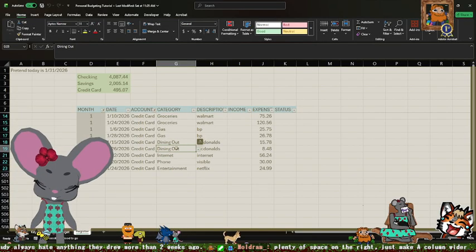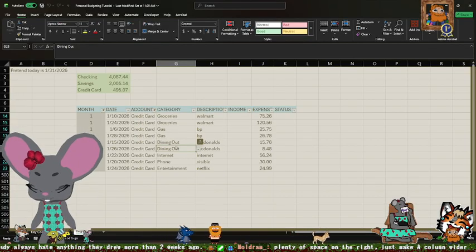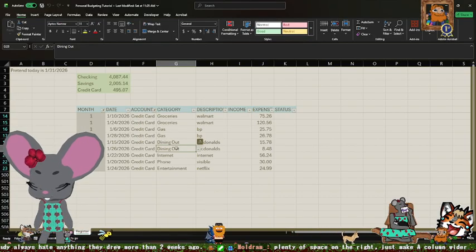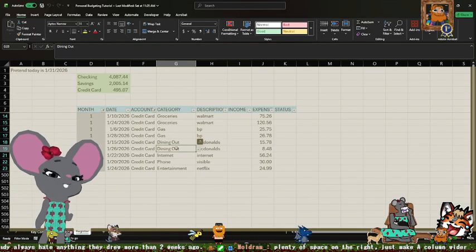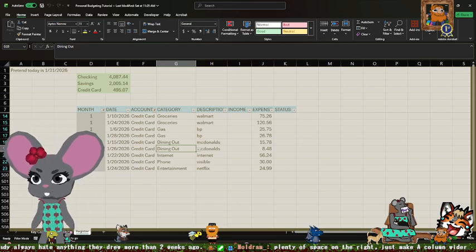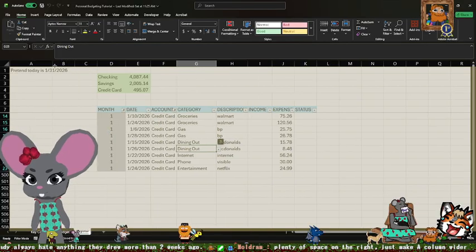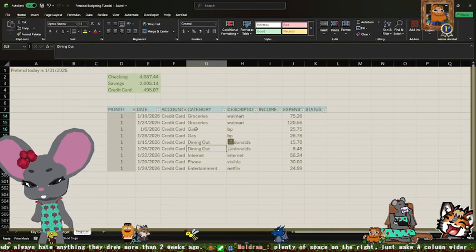Oh, he wants to get a miter saw out of the garage. Okay. Just let me know when you're on your way. Plenty of space on the right. Just make a column wider. Yeah. Yeah, we're not going to be using a lot of real estate on this page.